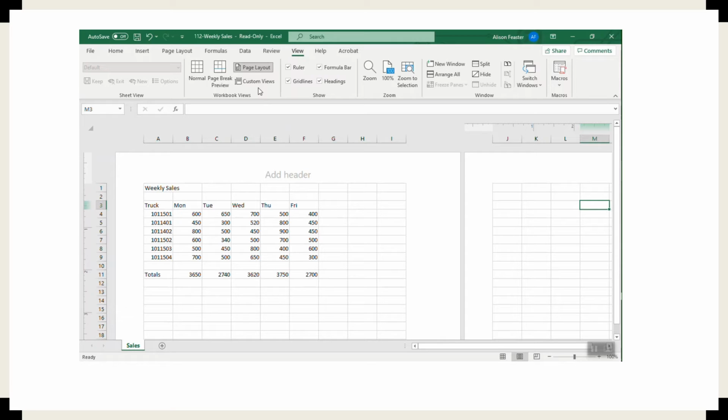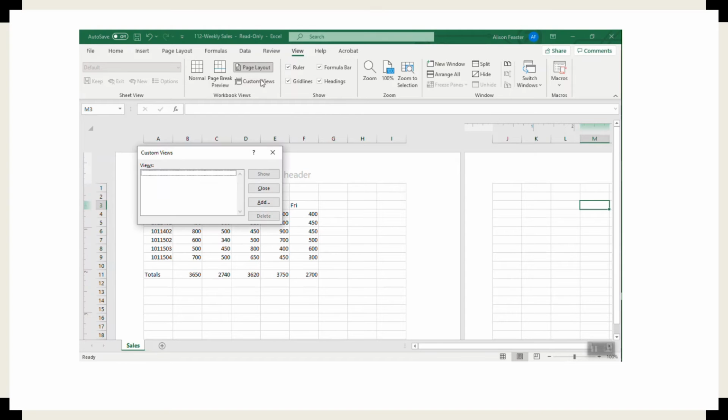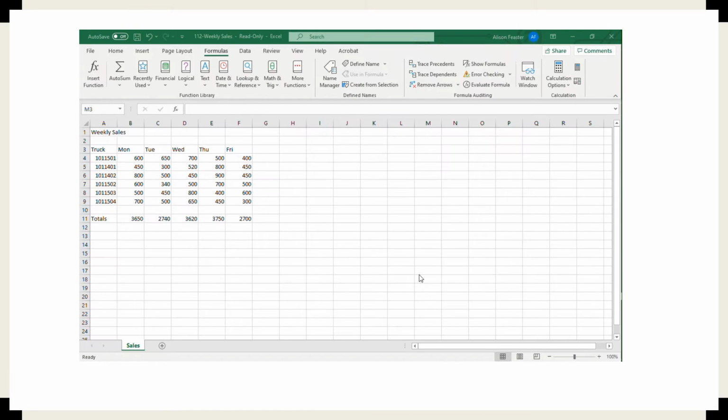Also, you have views. You have different views that you're able to use. Custom views, when you are doing your spreadsheet. With custom views, you have